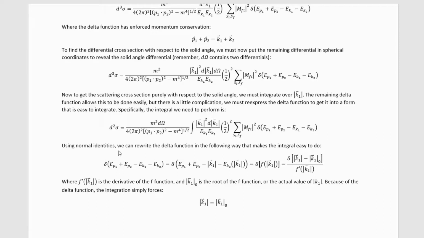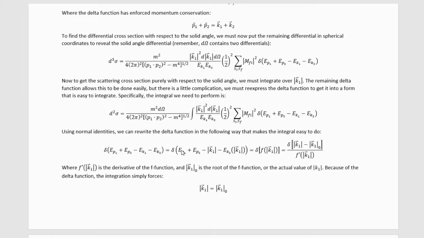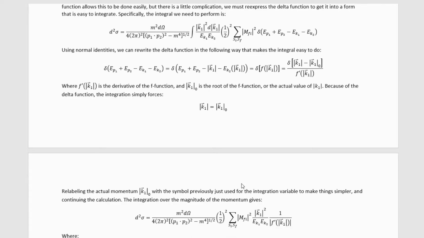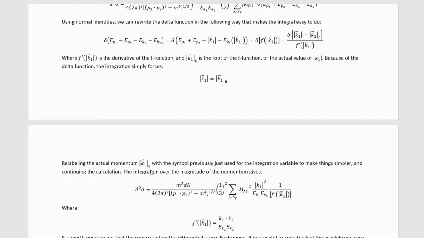Using normal delta function identities, we can rewrite this delta function like that, where this f prime function is the derivative of this argument of the delta function, which I've called the f function, and this k1 magnitude naught is the root of that f function, or the actual value of k1. Because of the delta function, the integral simply forces this relation to be true, relabeling the actual momentum k1 naught with the symbol previously used to represent the integration variable to make things simple, and then continuing the calculation